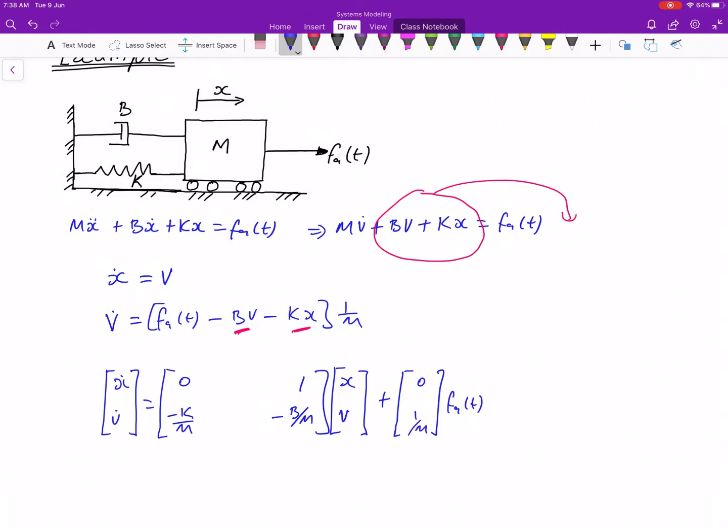As we can see, it's very straightforward to write a state equation of a mass spring damper, because you just choose your state variables to be v, which is your velocity, and x, which is your displacement, and you find the derivative of these state variables and solve the equation. Let me look at